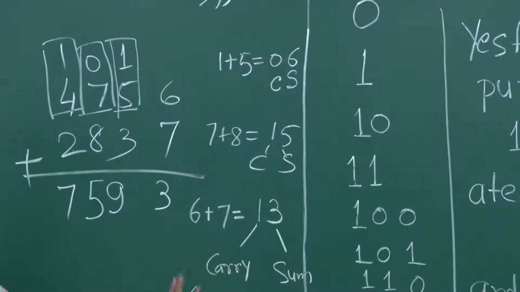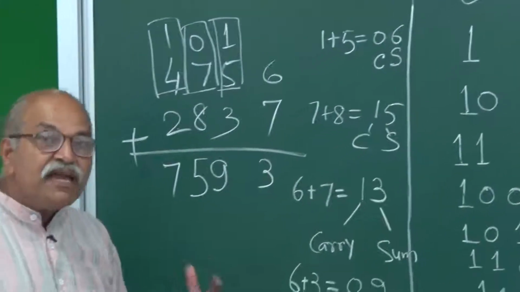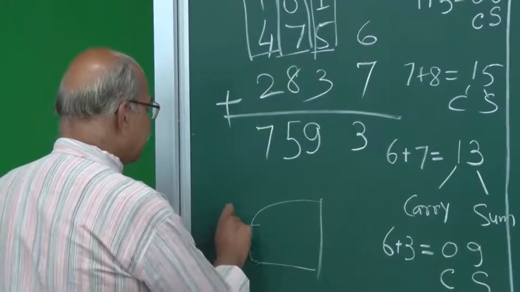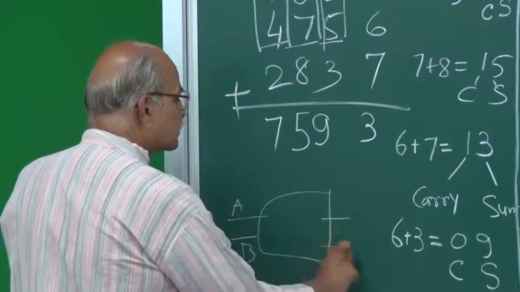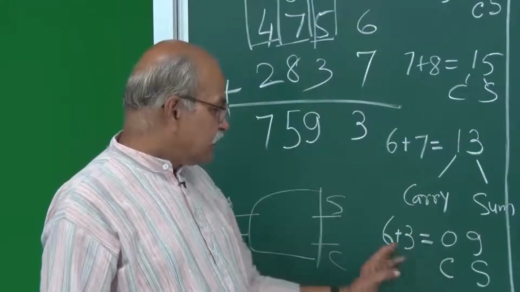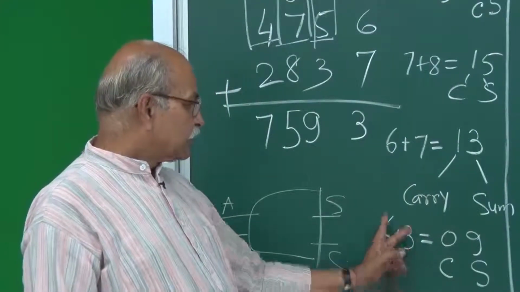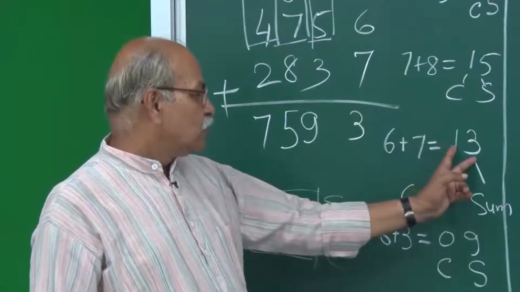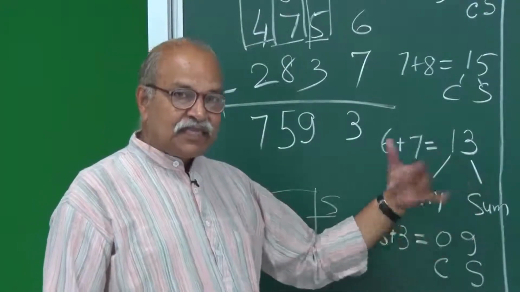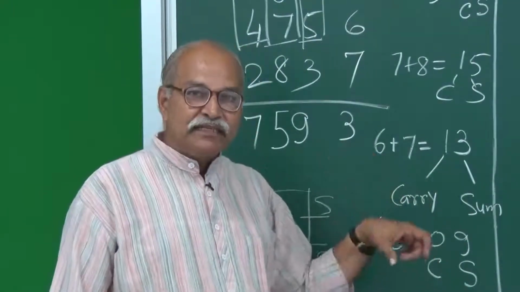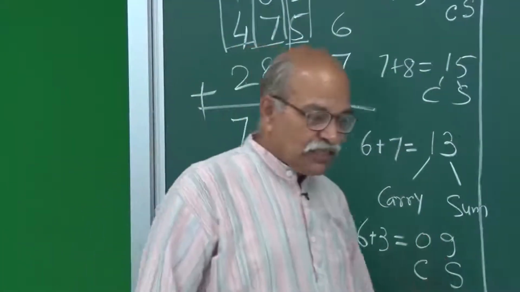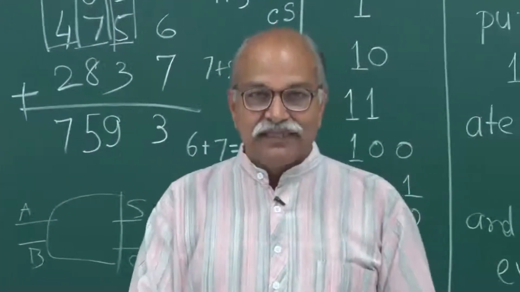So essentially if you think of it as a device, we are giving two numbers A and B, and we are taking two outputs, sum and carry. So in all of these equations that are written, these are the two input numbers, and these are the two outputs. One output you can call carry, another output you can call sum. The same thing happens in binary number addition also. The benefit is that we have only two digits, two symbols, and therefore the things are fewer in number, simpler.